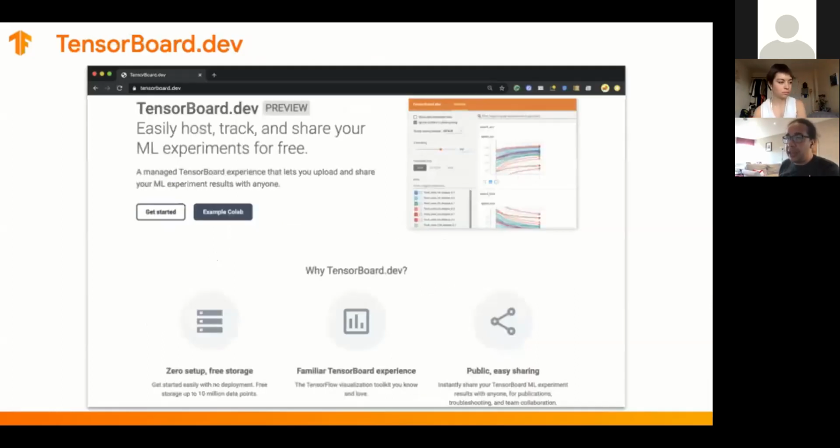So what we have to help you on that side, we have tensorboard.dev, where you can upload all your logs, and you can share these with anyone else that you want. So if you're doing research, if you want people to look into your data, you can just share on TensorBoard, and people just have the same TensorBoard access you had and see all the results you've got. So this makes life for other researchers easier to understand, to learn from your work if you want to share something.